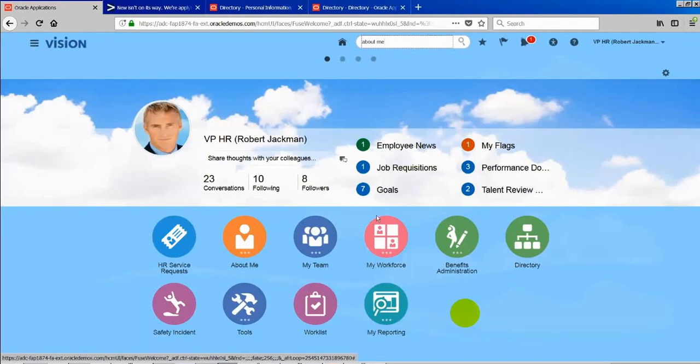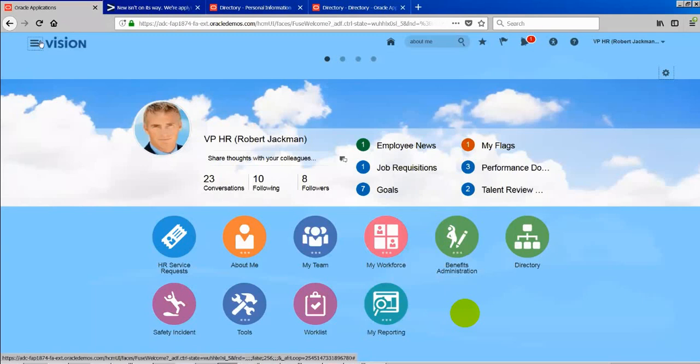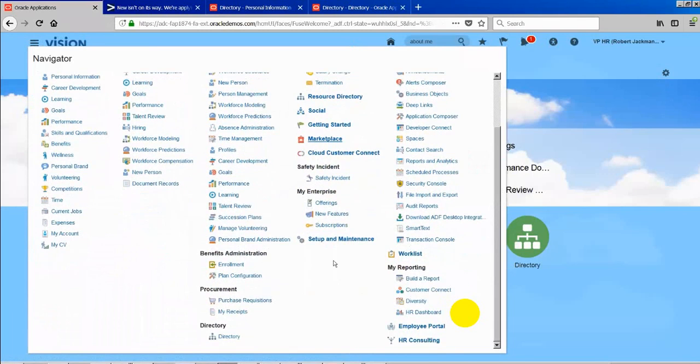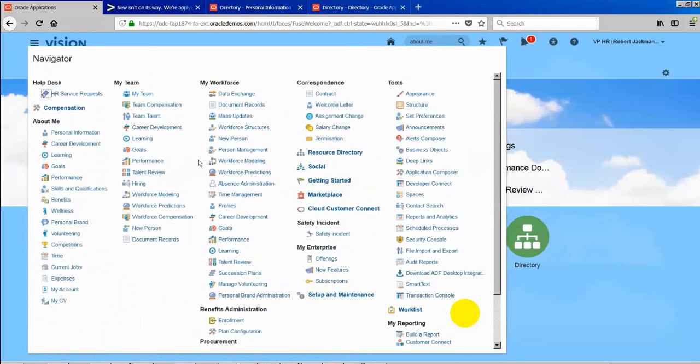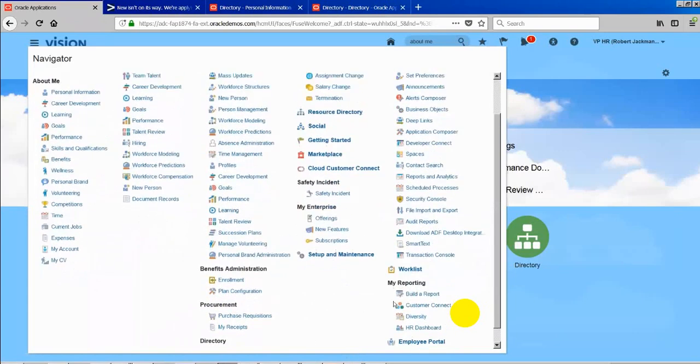Whatever navigations we are doing here, whatever access you have here, I showed you this person has access to all these things, and all these navigations are also available from the navigator. We can also navigate to the categories, and within the categories, they can go to the tasks. Whatever the user has access to, all of it will be available here as well. It is called the navigator. It shows all the categories, work areas and tasks, and it also includes another thing called setup and maintenance.